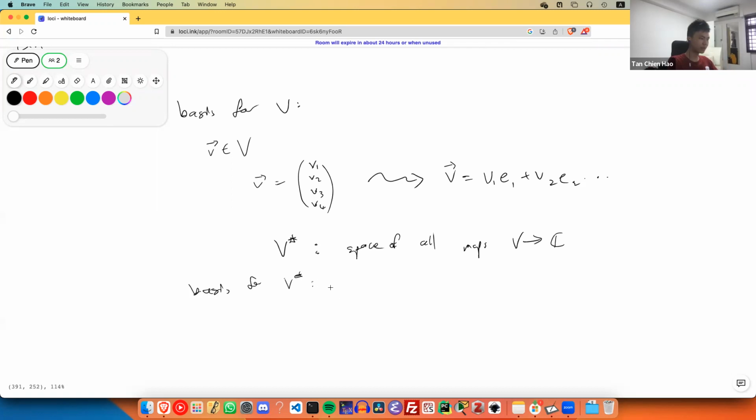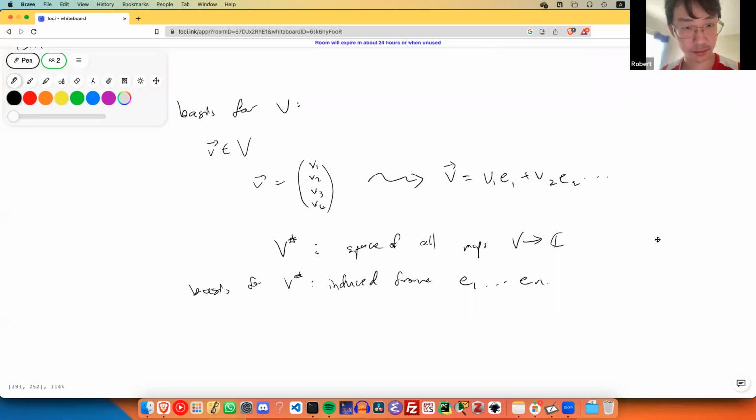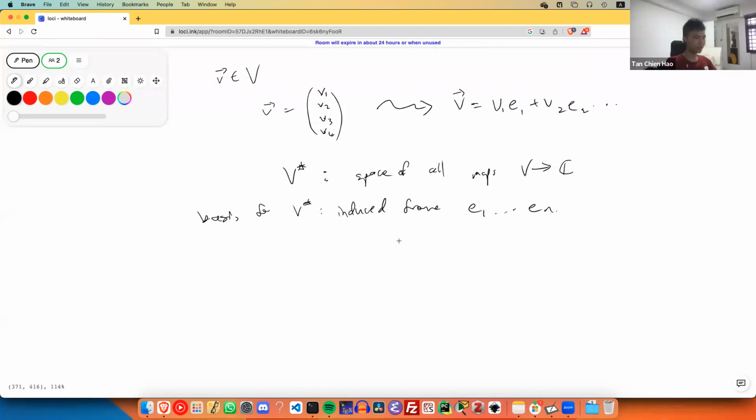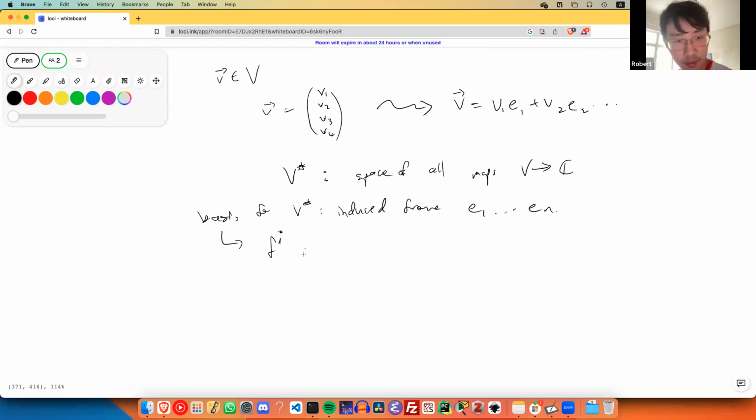Usually it's induced from a basis on V, from e1, e2, and so on. Usually what that means is that they will choose a dual basis, which we'll call F_i, such that